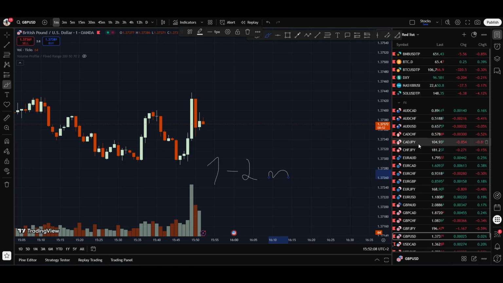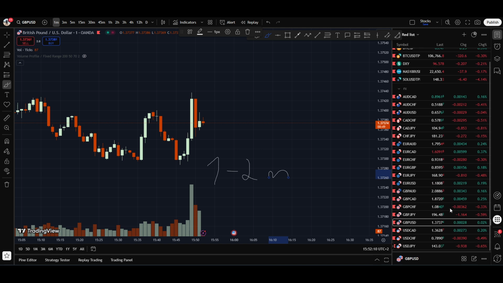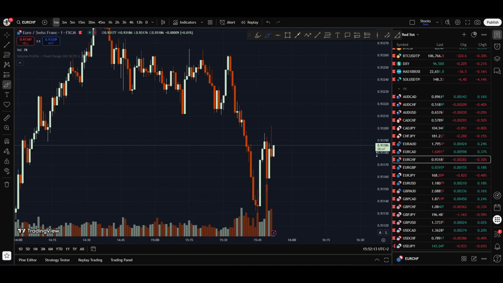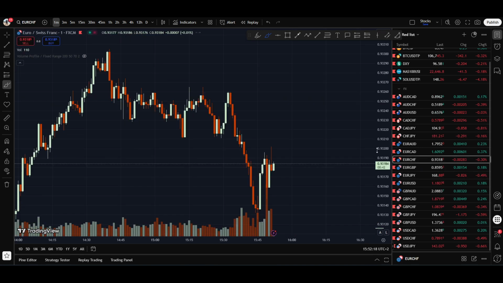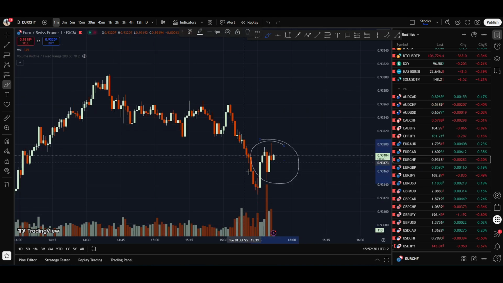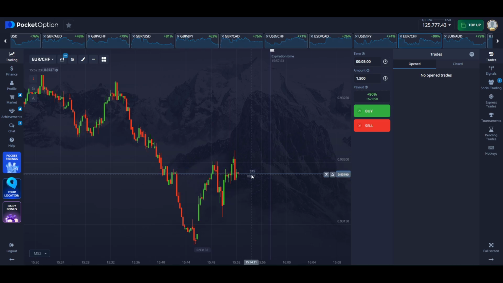To open a trade on 5 minutes, of course, we can do an analysis. Let's do that. But it's not necessary. So, I look and choose the currency pairs with the lowest volume. But since financial news is coming out right now, the volumes are high everywhere. Okay, we're not upset about it. We choose the Euro to Swiss franc currency pair, select 5 minutes for the trade, and again place $1,000 on